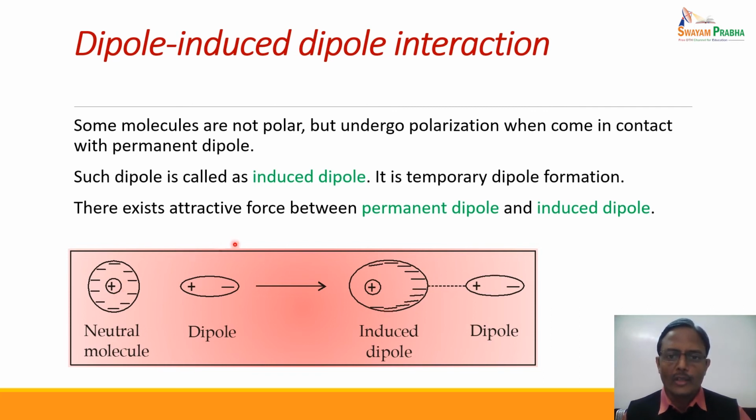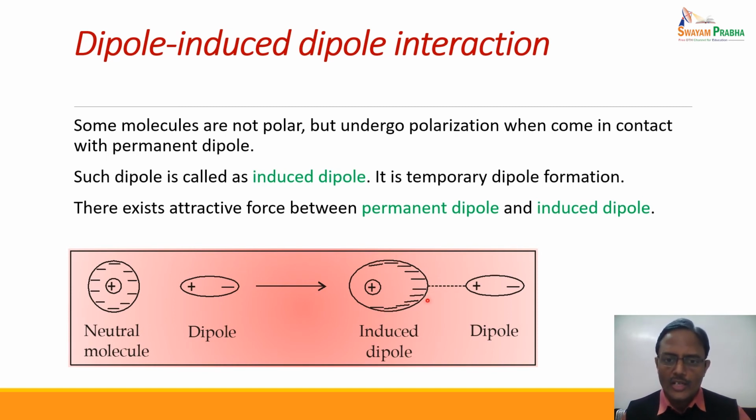So the non-polar molecule now becomes polar, because the negative charge center has been shifted to somewhere over here, whereas the positive charge center is shifted backward in this direction. As a result, this species formed is now called an induced dipole. It is a temporary dipole because this situation or structure will be there only if this dipole is present. As soon as this dipole is removed, the structure will come back to its original structure like this. So this is a temporary structure called an induced dipole.